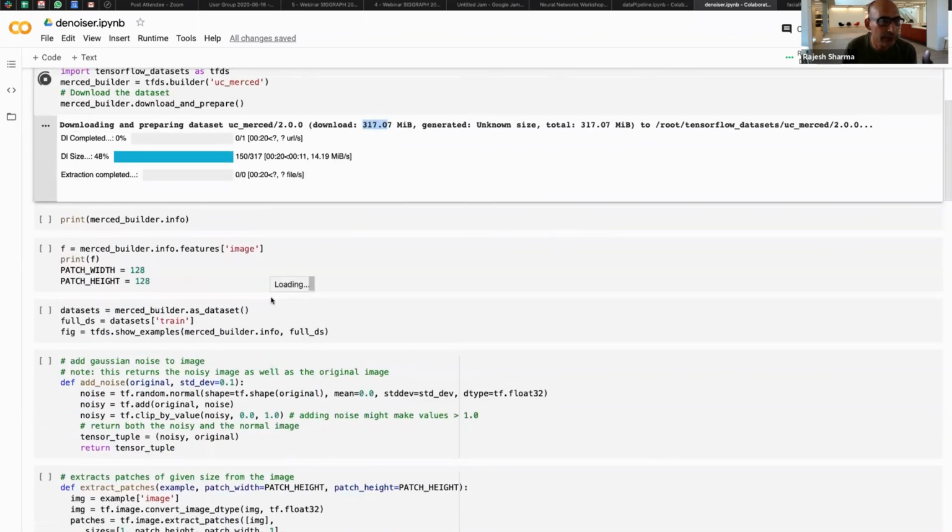The data set we are downloading is in terms of something called TensorFlow dataset. The TensorFlow dataset is a set of data structures in TensorFlow that are highly efficient and that allow you to process your data in a very efficient manner. This is a great practice because once you start dealing with larger image sizes, your images may not fit in memory at the same time. And TensorFlow dataset allows you to stream that data right from the disk and be as efficient as